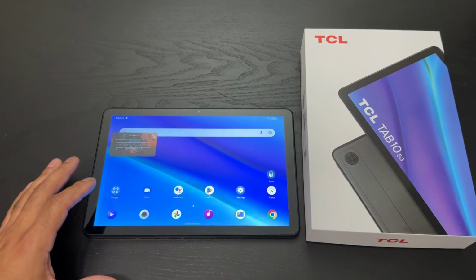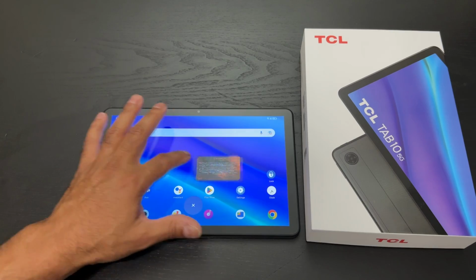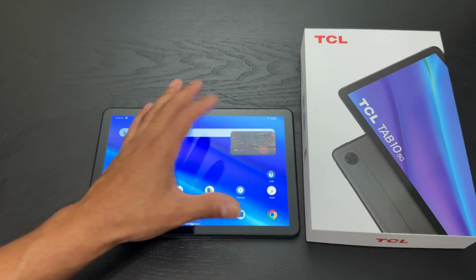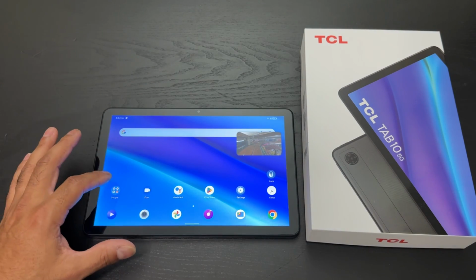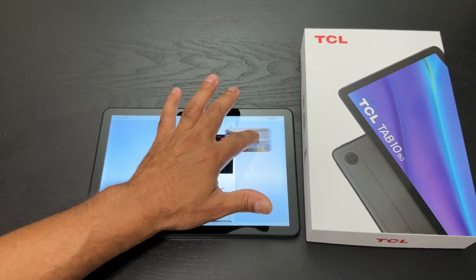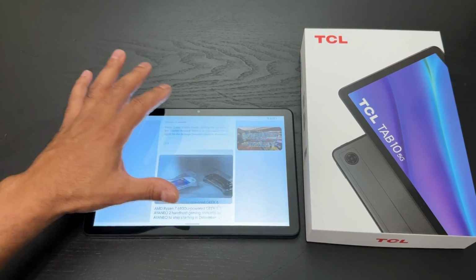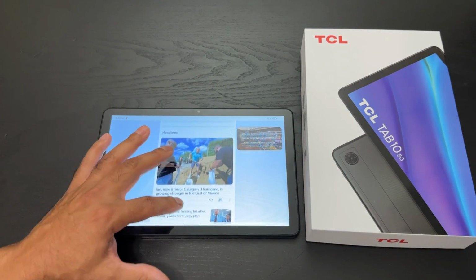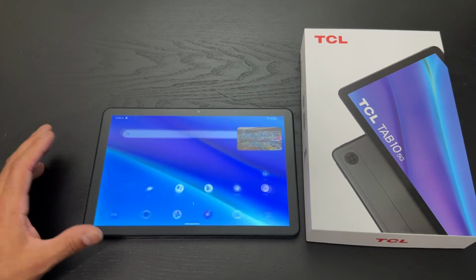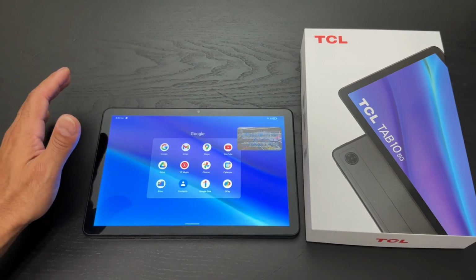So I've got the TCL Tab 10 5G all set up. I wanted to see what it would look like running multiple things at once. This does have an 8-core processor, so I should be able to push it a little bit. So I do have a kind of a picture-in-picture going here of a YouTube video. I wanted to see what it's like going through the Google side tab here, and so far, I'm liking the